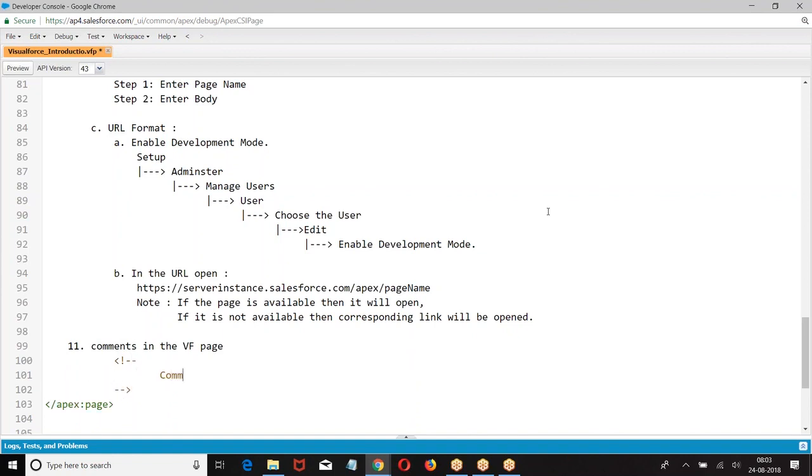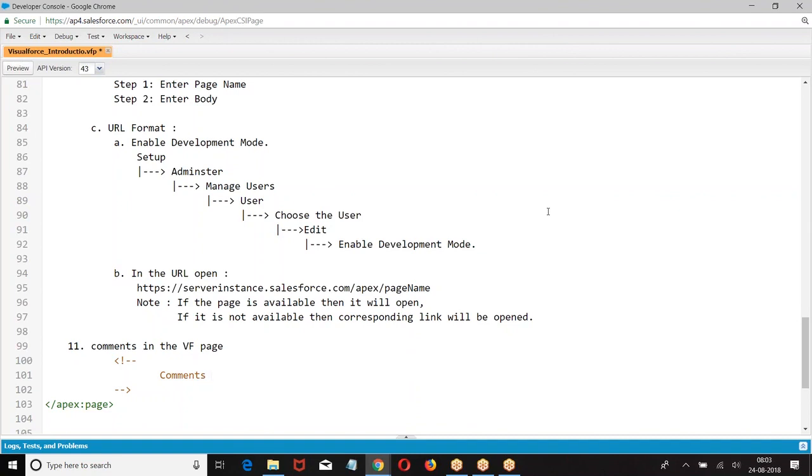What do you mean by comments? It's not a part of the program. It won't execute while you execute the program. Right. So if you want to write any comments, this is how we are going to define it. Right, boss? Any other query from your end? I hope you are good with this.